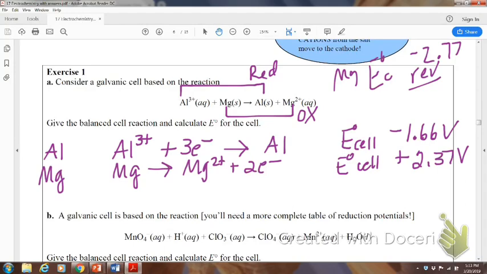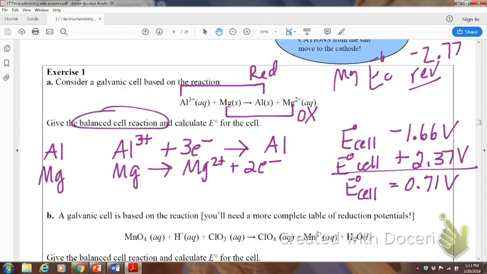You don't have to write the positive, but I just do it to know that I changed the sign so it reminds me. So now my E for the cell, for the entire thing, is going to just be adding those together. So it's going to be 0.71 volts. So what that means is in that electrochemical cell, or that galvanic cell, I would be able to produce 0.71 volts of electric current. Now it wanted to know the balanced cell reaction, and I'm going to change colors